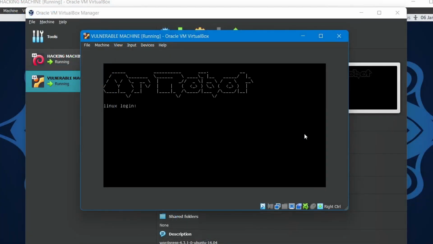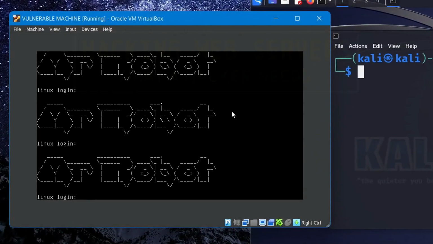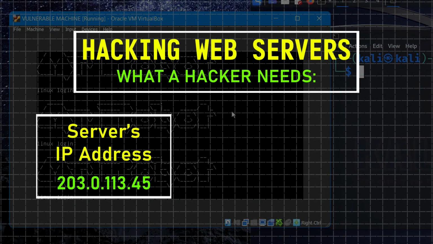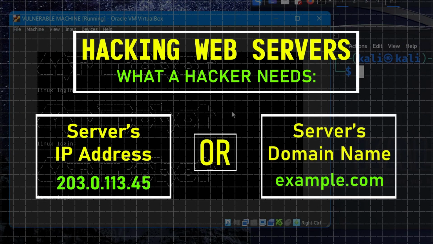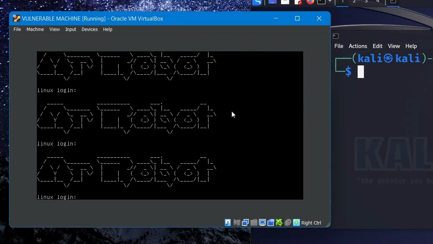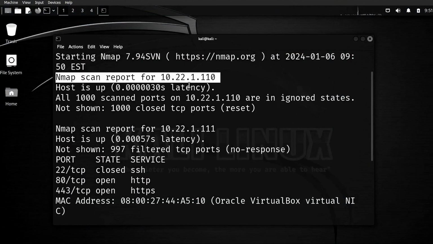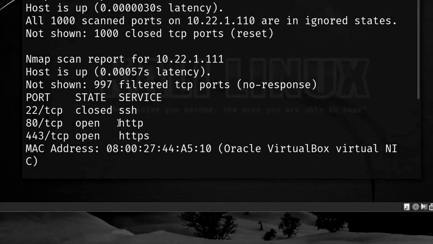Okay, so this particular server is actually designed in a way that we don't know the username and password to log into it, and have to hack our way in, so let's try to do that right now. Now when it comes to hacking web servers, the first thing a hacker needs is the server's IP address or domain name to perform vulnerability scans on it, and in order to find the IP address of this server, we'll need to scan for all the devices connected to our internal network using Nmap, and look for the web server